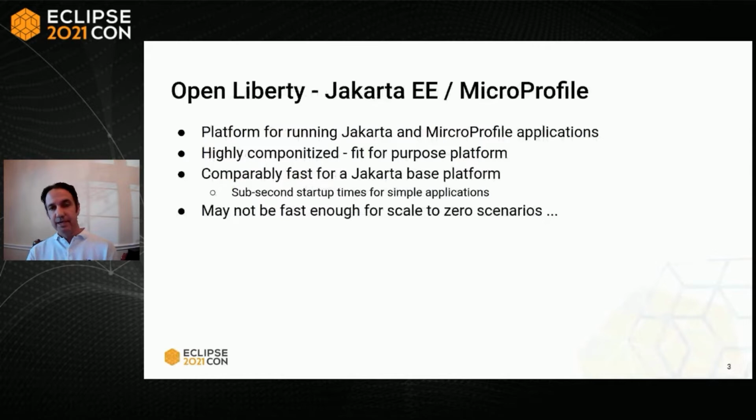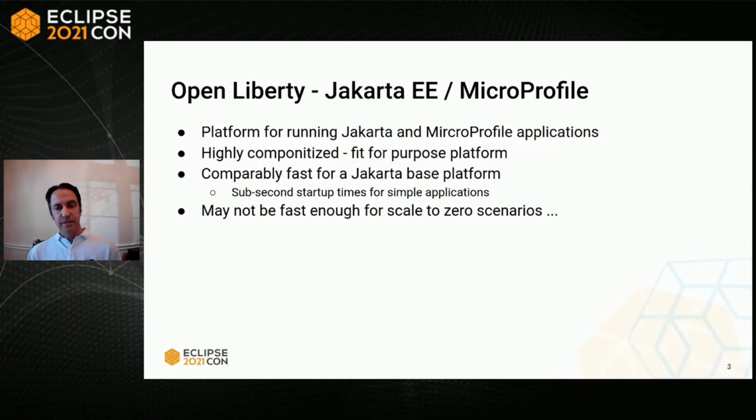So Open Liberty, like I said, is a project that IBM hosts at GitHub, an open source project that implements Jakarta EE and MicroProfile specifications. And it provides a platform for running enterprise Java applications based on Jakarta EE and MicroProfile. It's highly componentized. It uses the OSGi and Equinox framework underneath to componentize the different parts of Liberty. This won't be a talk about OSGi like many of my past talks, but I did want to mention that